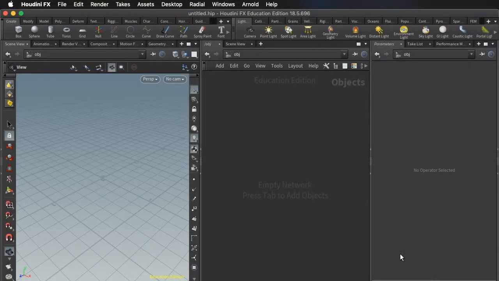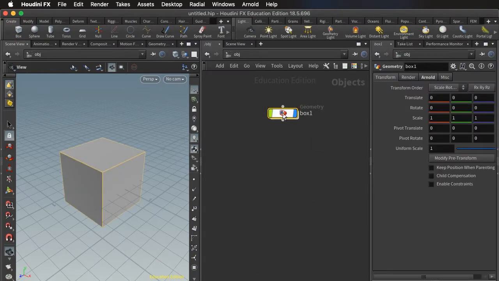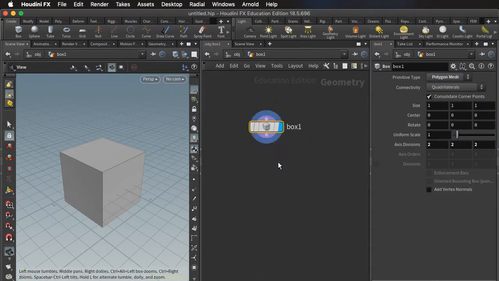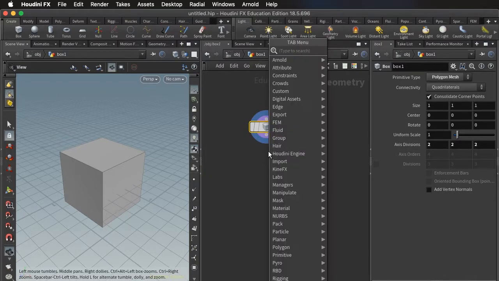Hey everybody, let's dive back into Houdini. Now we're only going to look at one new node today, but it's a really powerful and useful node. So let's start with some sort of shape. Let's say like a box here. We'll dive inside the box, so we're at the geometry level, and then we're going to just look at the